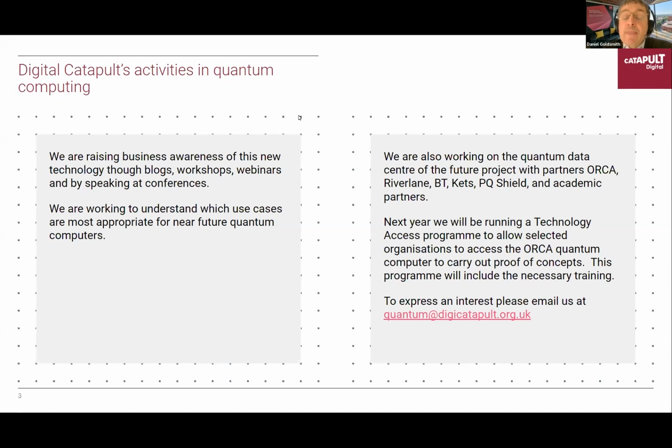And next year, we'll be running a technology access program, which will allow selected organizations to access the Orca quantum computer to carry out proofs of concept. This program will include the necessary training. So if you'd like to express an interest, please email us at quantum@digicatapult.org.uk. And you don't need to write that down. We'll be putting that in an email.